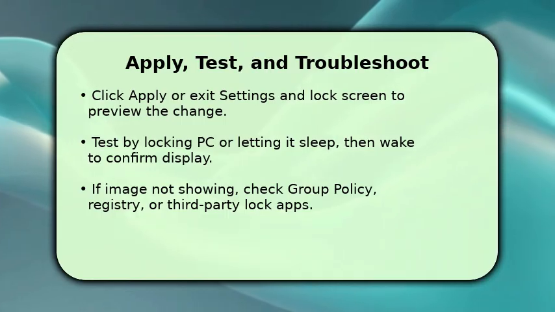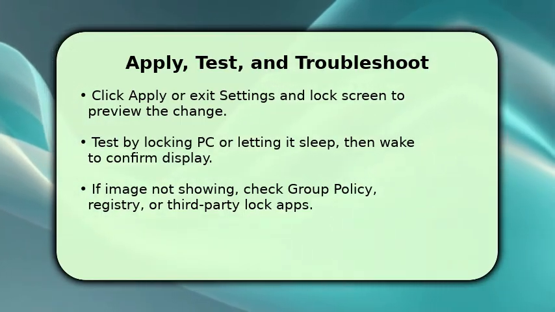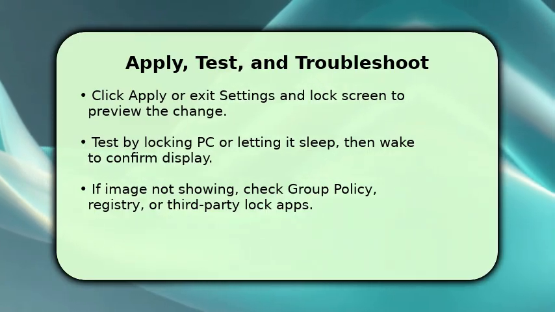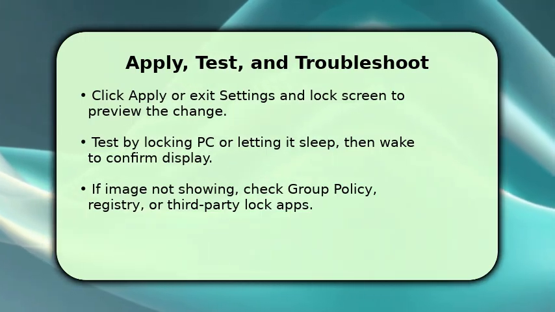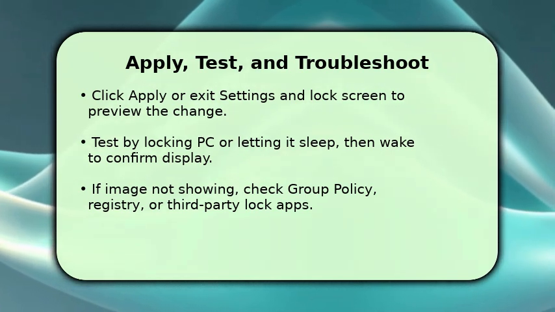If the image doesn't appear, make sure Focus Assist or dynamic lock options aren't overriding visuals. Check group policy or registry restrictions if on a managed device, and uninstall conflicting third-party lock screen utilities. Once resolved, reapply your chosen image. That should restore the